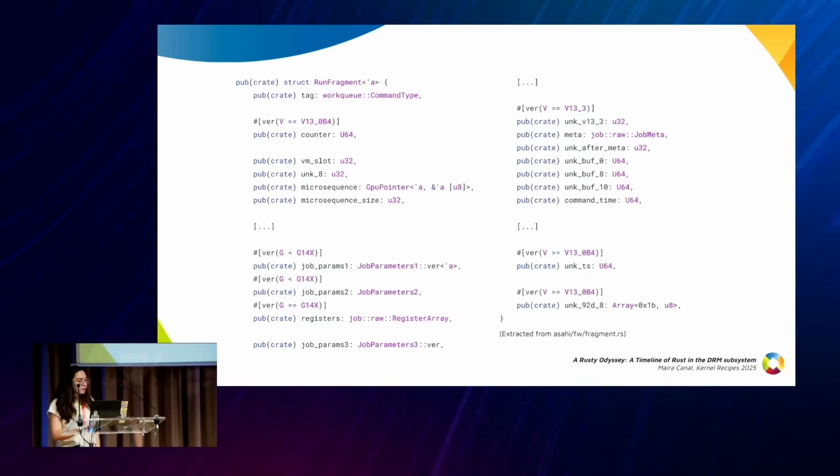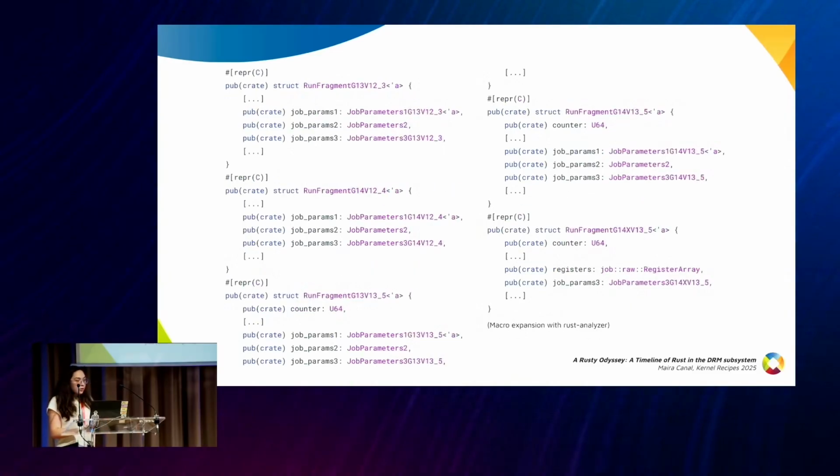It only exists for G14X, I think, greater than G14X. And you can see here that all the other versions use the job parameters. And when you have the GPU version, which is G14X, you have the register field, which is really useful because sometimes from one generation to another, you have some changes in how jobs are submitted or things like that. So I think that as programmers, we can only imagine how powerful this can be for several applications.